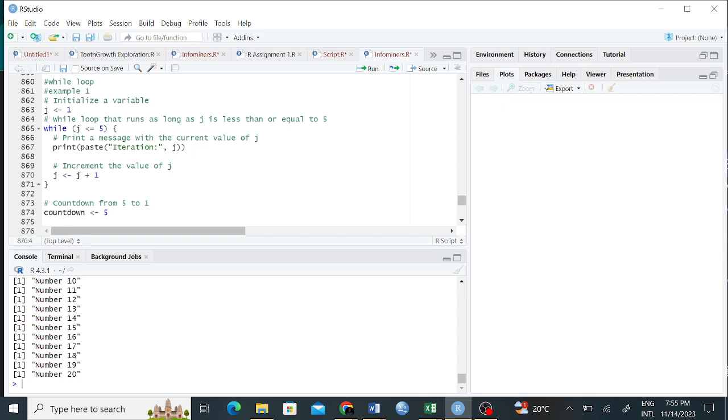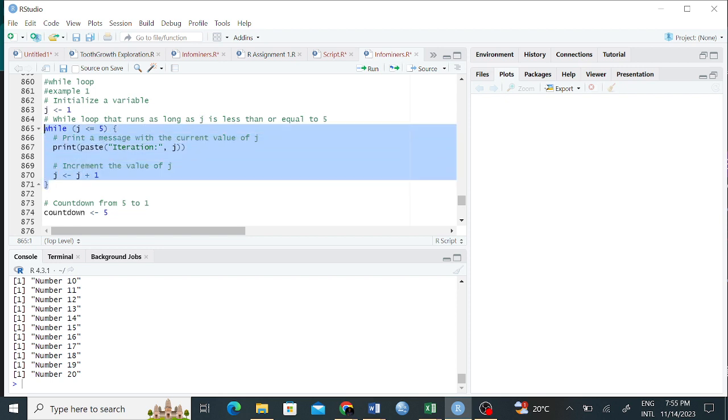The third iteration is the value of j, which is 2 plus 1, which is now getting to 3. Similarly, if it gets to 4, it will now take 4 plus 1 to become the new value of j, right? And that is basically how this while loop function is going to be working.